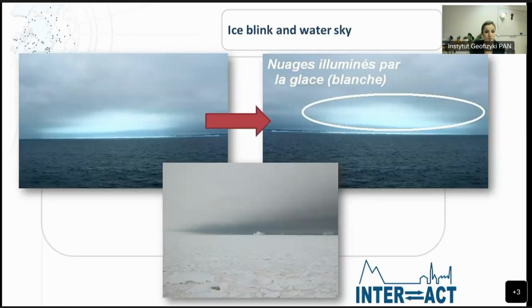But let's get back to some optical illusions, and two of the most famous and also, I would say, historically significant of them are ice blink and water sky. So which one is which, and what do they mean? They're actually opposites. Ice blink is the opposite of water sky. And like I said, they played a very special historical role,